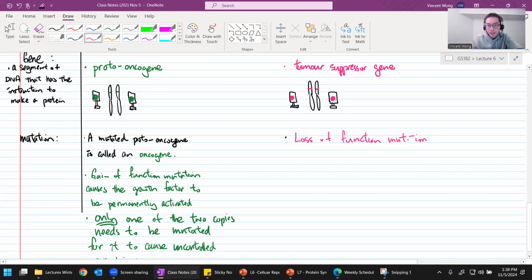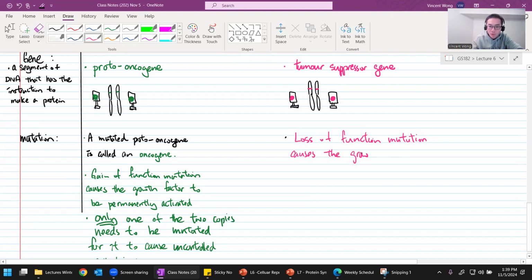Think of it this way. If you have a red light that's permanently on, it's not going to cause cancer. Right? Cancer is basically uncontrolled cell division, right? So a gain of function tumor suppressor gene mutation is not going to be a problem. A loss of function mutation for a proto-oncogene is also not going to cause cancer. If you have a green light that doesn't turn on, that's not going to cause the cell to divide in an uncontrolled manner. Okay, so a loss of function mutation for a tumor suppressor gene causes